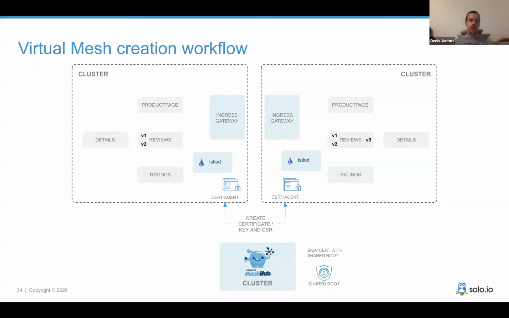And that's one of the first things that you get with Service Mesh Hub: you have this concept of a virtual mesh. When you create this virtual mesh, Service Mesh Hub will create a new intermediate certificate on each cluster, and it will sign this intermediate certificate with a common root cert. Then this intermediate certificate on each cluster will be replacing the CA cert that is used by Istio on